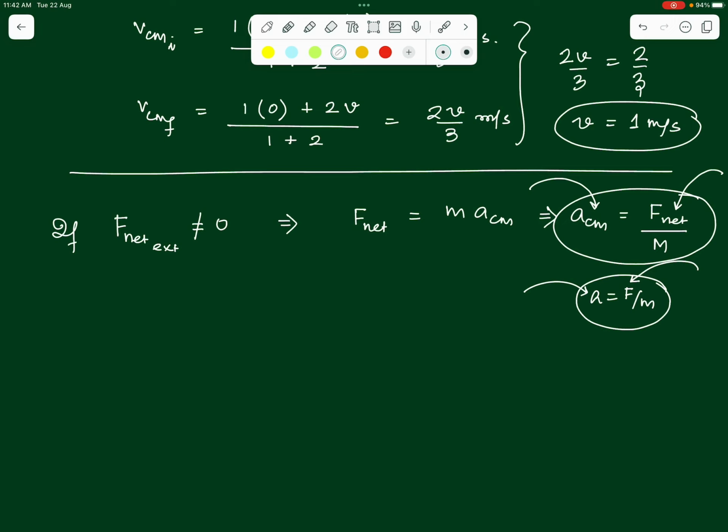So in that sense we understand that the center of mass behaves as that single point. Now, if we can just replace the whole n particle system with one single point and exert all the force that is acting on the n particles on this one single point, it will undergo the same type of motion as a single point would have undergone under the effect of the same force, right? So once again we understand that center of mass in that sense simplifies our study of a multiple particle system